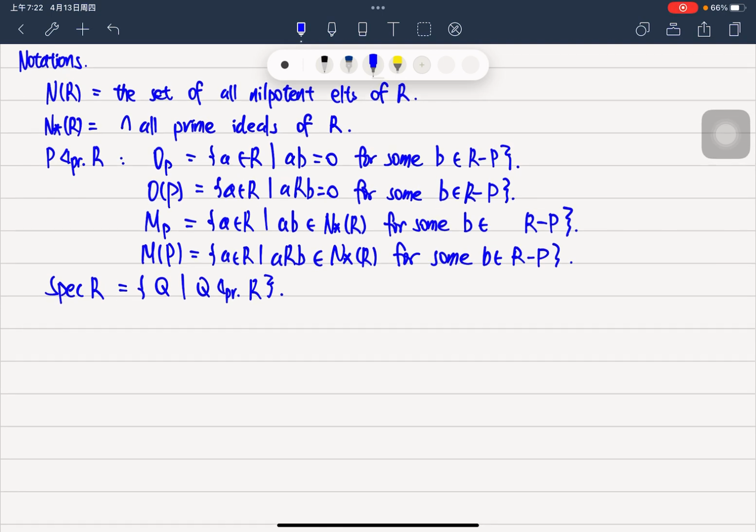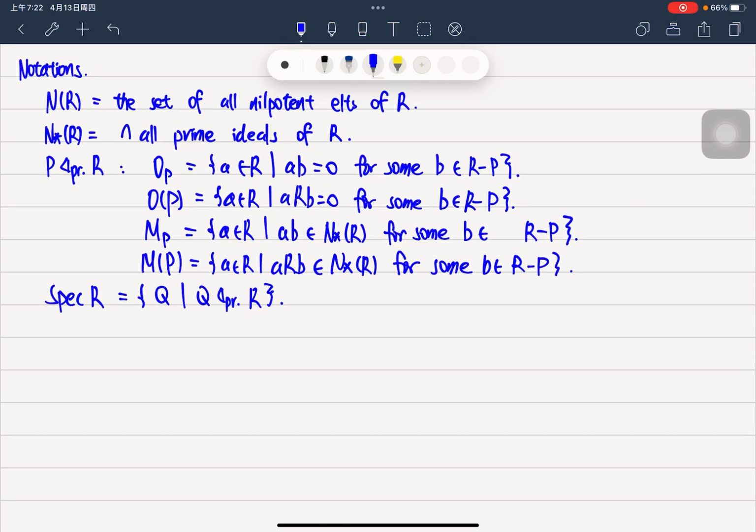Okay, now let's see by this definition, especially the first one. We know that the first thing is that O over P is contained in O_P, and O lower P is contained in O_P, which is contained in P. This conclusion is clear, but we are going to prove it, which means we should suppose any a in R